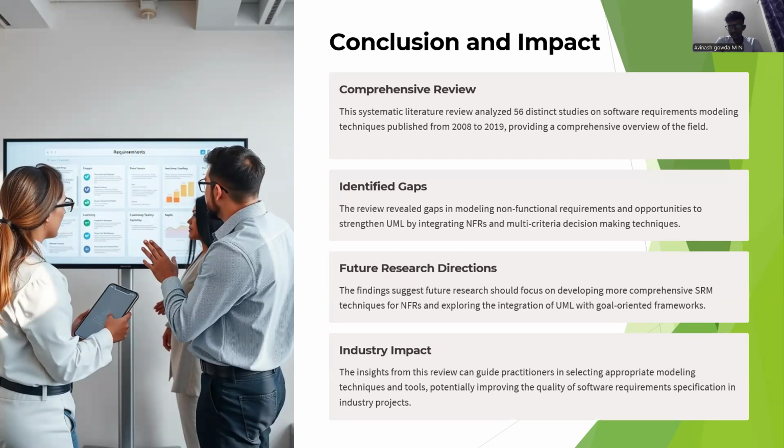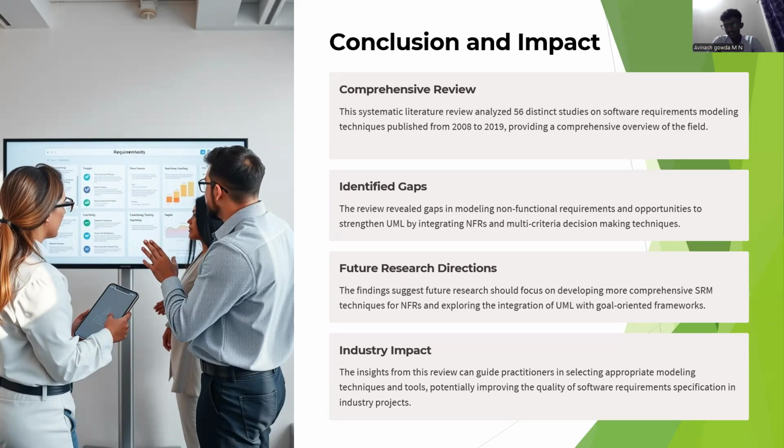Comprehensive review: the systematic literature review analyzes 58 distinct studies on software requirement modeling techniques published from 2008 to 2009, providing a comprehensive overview of the field. And the next one, identified gaps. The review revealed gaps in modeling non-functional requirements and opportunities to strengthen UML by integrating NFRs and multi-criteria decision-making techniques. Future research directions: the findings suggest future research should focus on developing more comprehensive SRM techniques for NFRs